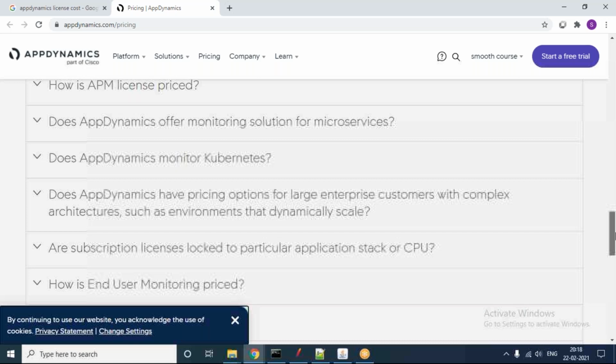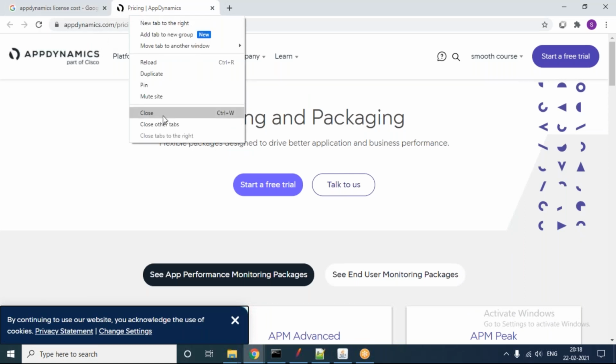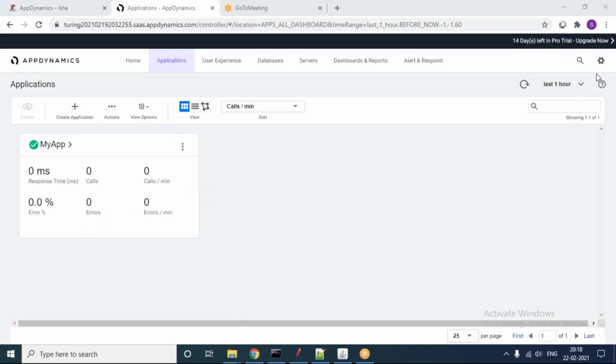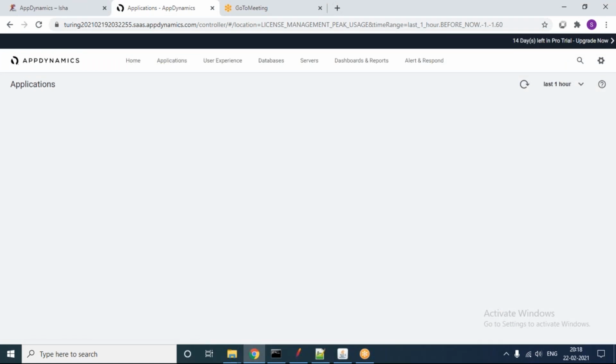Okay. So in AppDynamics, if you want to understand the costing structure, you can request them to get those details. Somebody asked right now, right? If I go to the page, I can click the licensing thing.